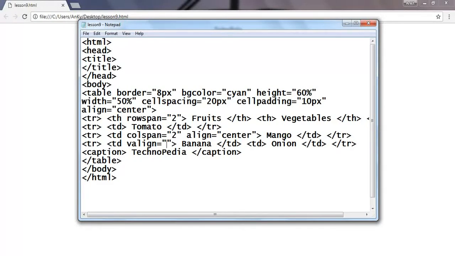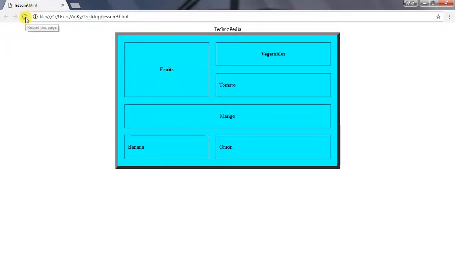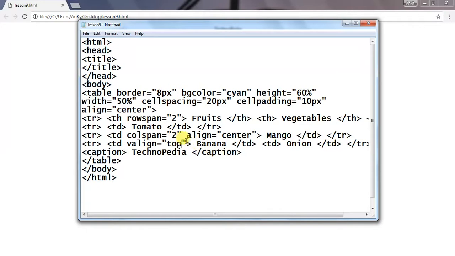Suppose I want to vertically align the banana, then I simply give the value of valign as top. I simply save it and refresh it. So here you can see the banana reaches up to the top. I can also change it from top to bottom.